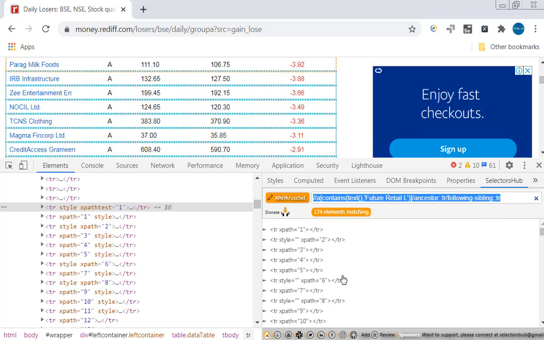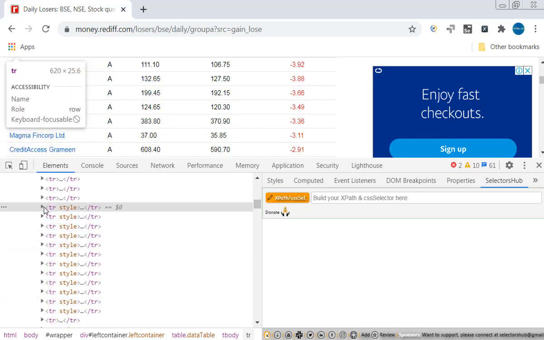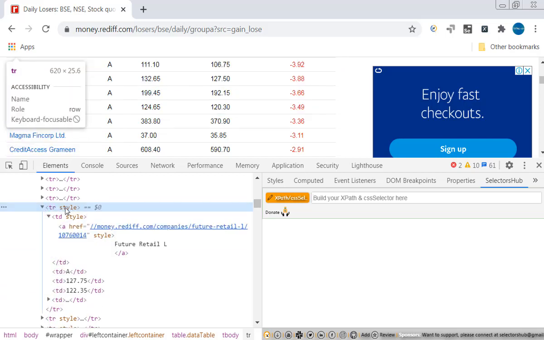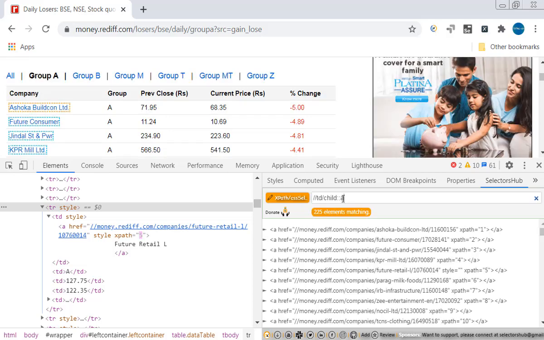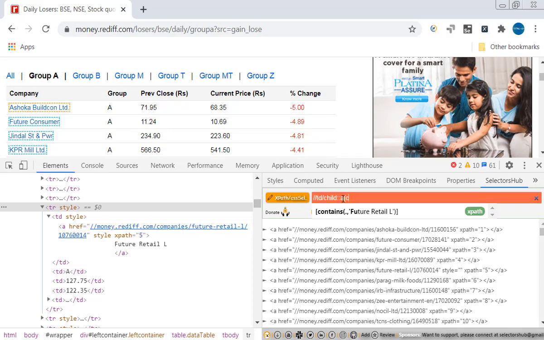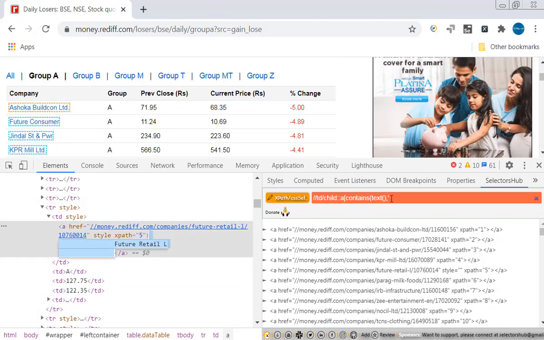Let's clear this XPath now. If you look at a table row, suppose for example this is a table row, right? Or suppose for this table data, the child is A. See here, /td/child::a, and a contains text, comma, you can copy this.